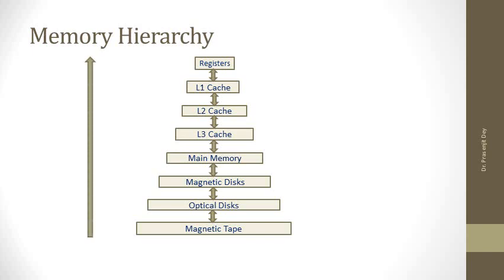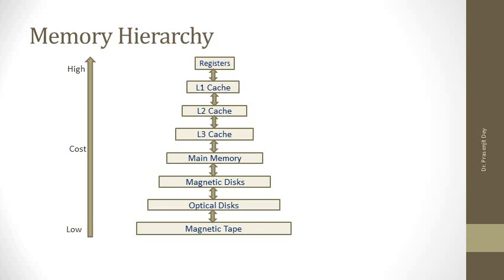And as you go from the bottom to top in the memory hierarchy, you can see the cost keeps on increasing. So magnetic tape is the least costly, whereas CPU register is the costliest. And as you can see in this diagram, the area of the magnetic tape is much larger, whereas the size of the register block is much smaller. That is to say, with the same amount of money you can arrange a bigger size of magnetic tape, whereas the size of the CPU register will be much less with the same amount of price.